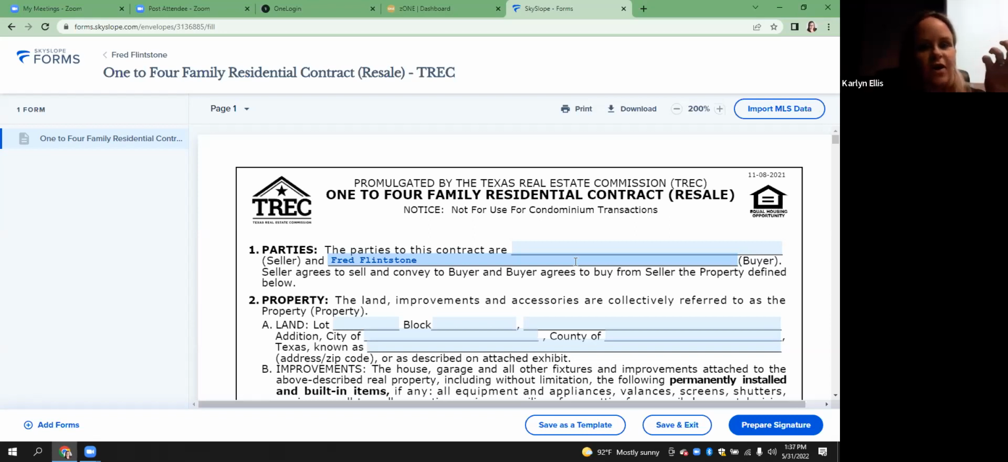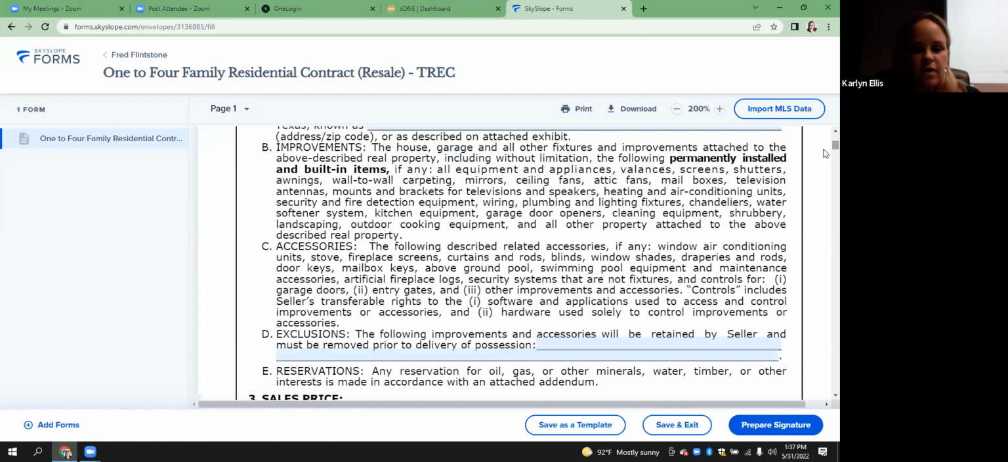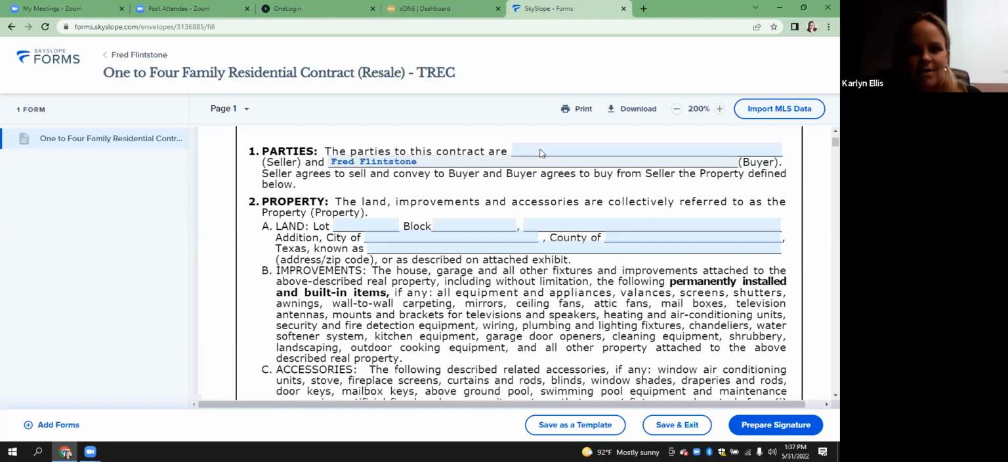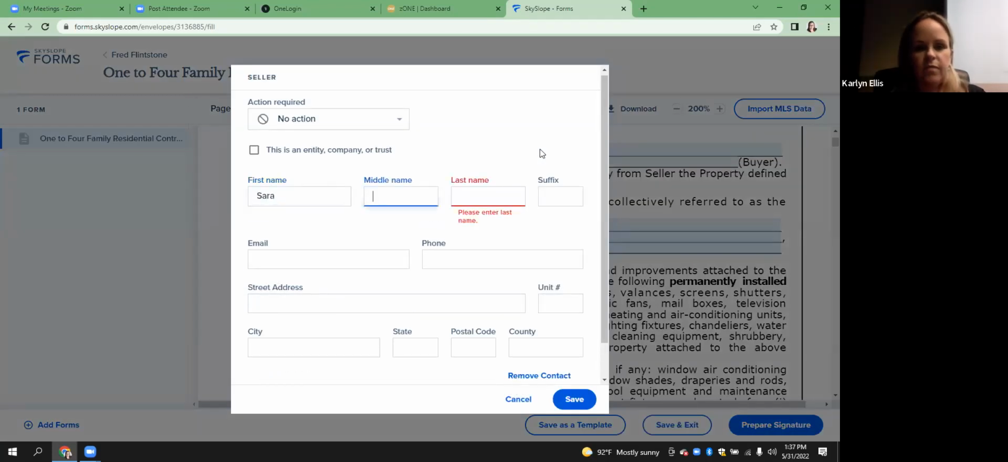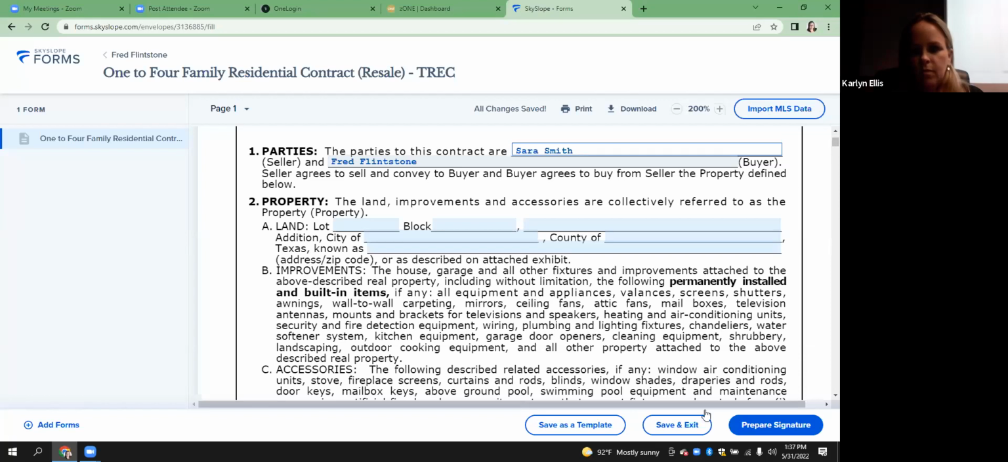Since I picked a contract, I could say import MLS data because that means I have an address. But on the first page, I said we didn't have an address. So I probably should have just picked a buyer rep, but it doesn't really matter. And then what we're going to do is fill in whatever we need to fill in. I'm just going to put in a couple things. I'm not going to teach you guys how to fill out a contract. And then you can either print it at that point, download it, send it as a PDF, or you're going